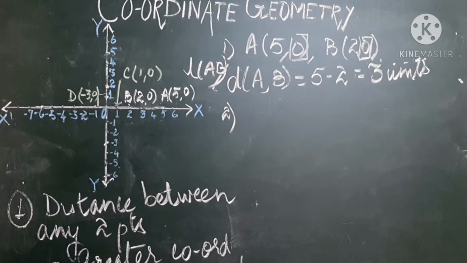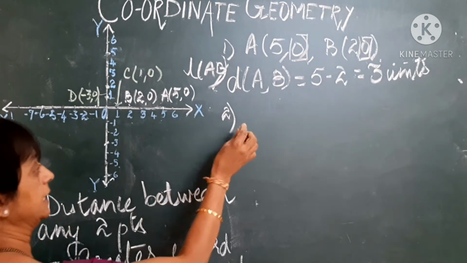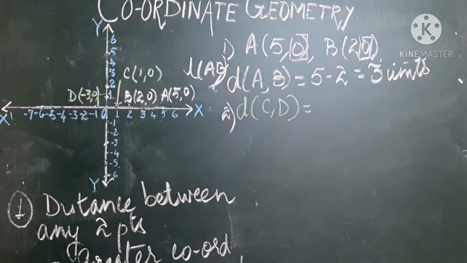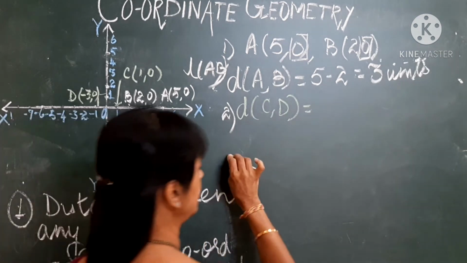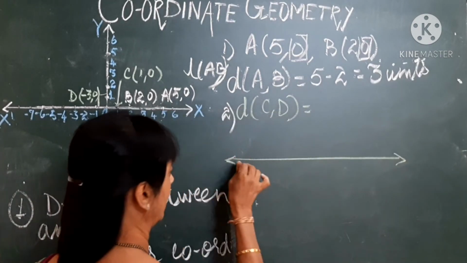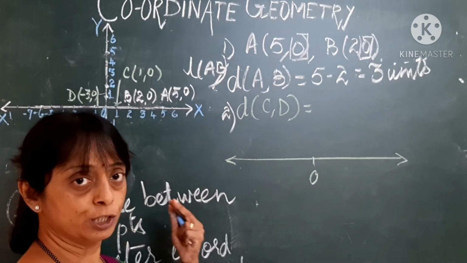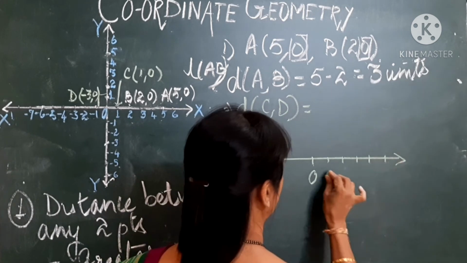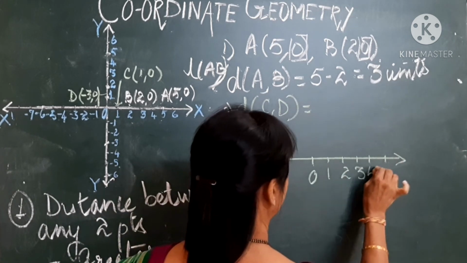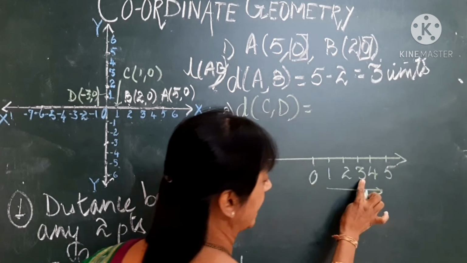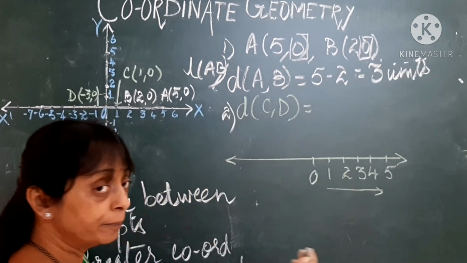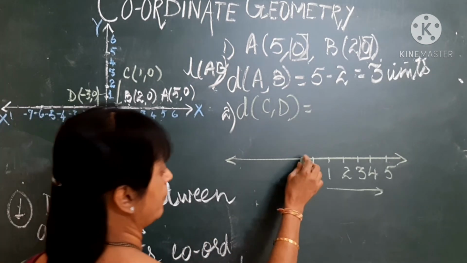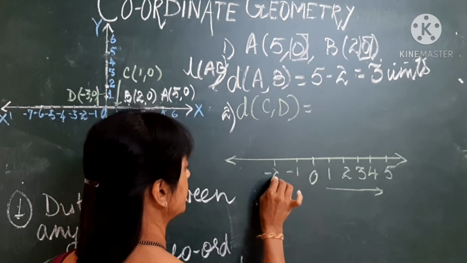To find the distance between CD, or length CD. Again children, now we know on the number line we have seen, to recall, at the center you have 0, towards your right you have all positive values. And as you proceed, the next successive number is greater than the preceding value. But what happens when you proceed towards your left of 0? You have your negative values,